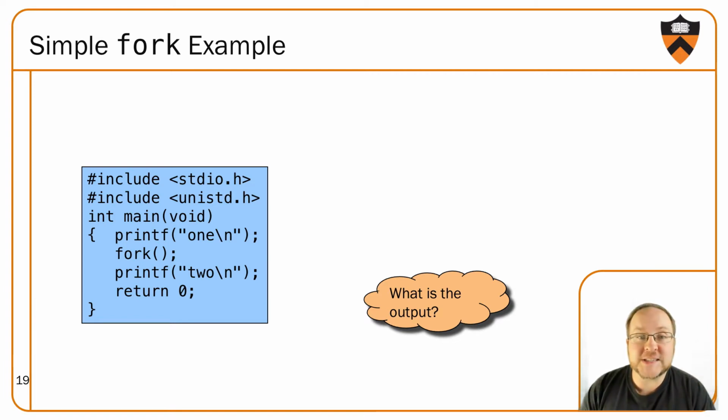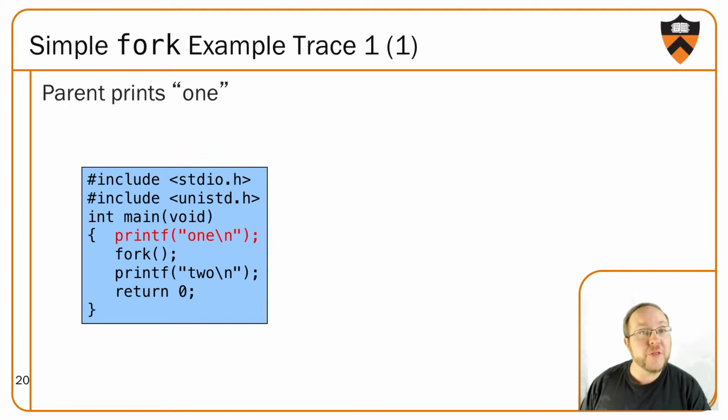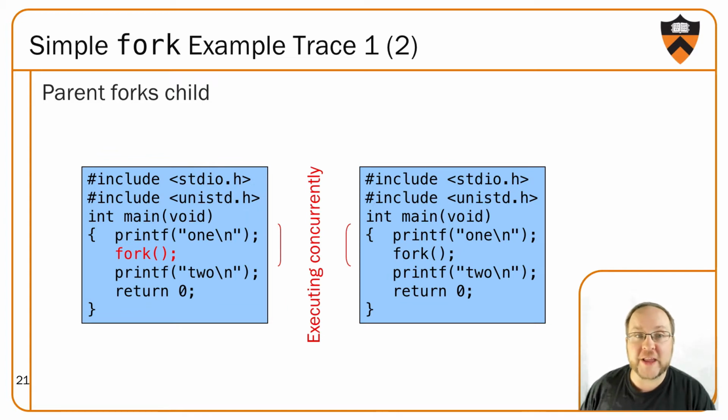Let's trace it out to see. We're going to start with only a single process, and then that process will, of course, start executing at the top of main. Before the fork call happens, the parent is going to print 1, followed by a new line. Then the fork happens. Now there are two processes, each the same, each running at the same spot in the